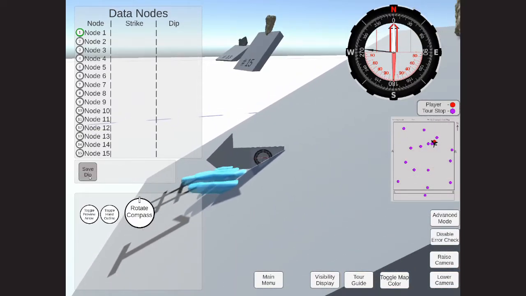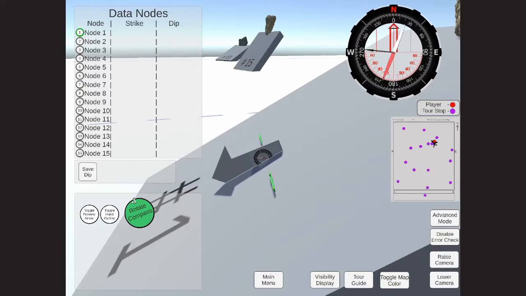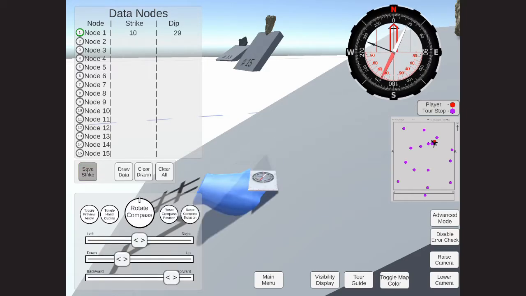When the user has positioned themselves in a way that they feel they're ready to take the dip measurement, they once again use the rotate compass dial in order to spin the compass tool so that it lines up with the downward slope of the face they're trying to measure. When the compass matches this slope, clicking the Save Dip button will save the dip measurement relative to the orientation